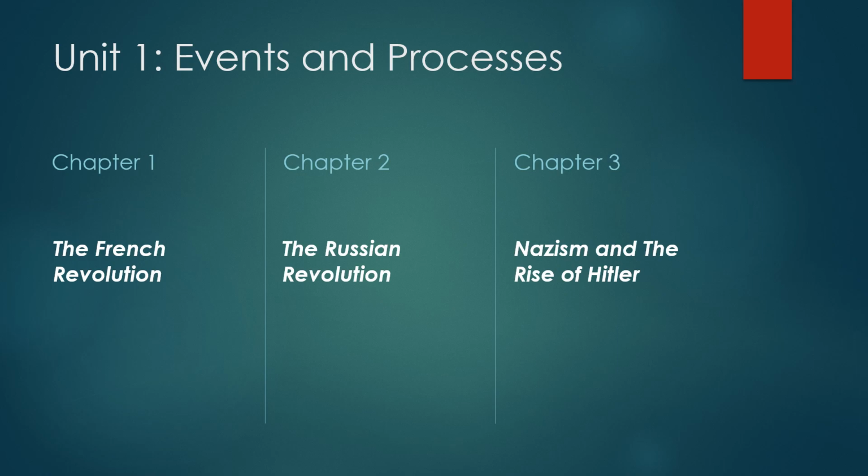In the first chapter, French Revolution, you will study about the revolution of France in 1789 with the abolition of monarchy and establishment of republic. In the second chapter, Russian Revolution, you will come to know about the ideology of socialism and how it led towards the Russian Revolution of 1917. And in the third chapter, Nazism and the Rise of Hitler, we will study about Hitler, his ideas incorporated as Nazism, and its relation with World War II.